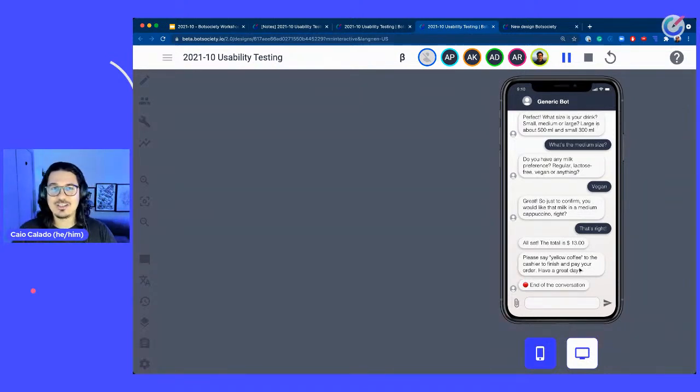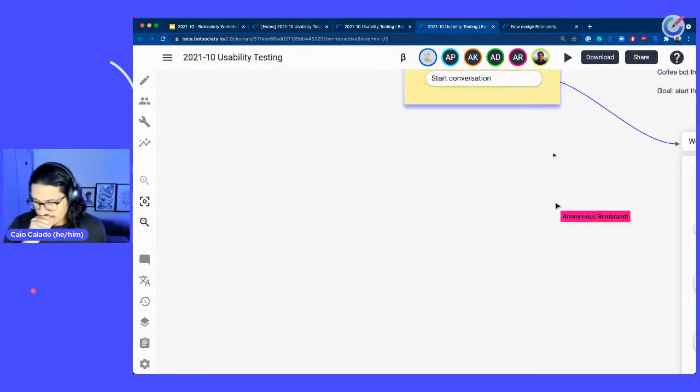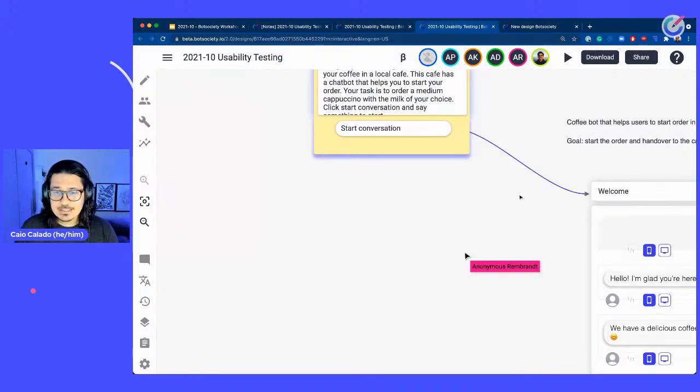It kind of sounds odd. Okay, what would make you have a different feeling? So that's the job of you having this conversation with the user and analyzing or observing how this person is going to have a conversation with your design. Another powerful thing that you can think about Botsociety is that